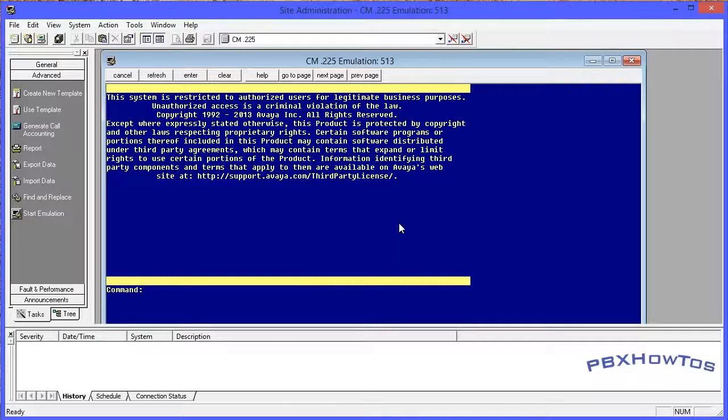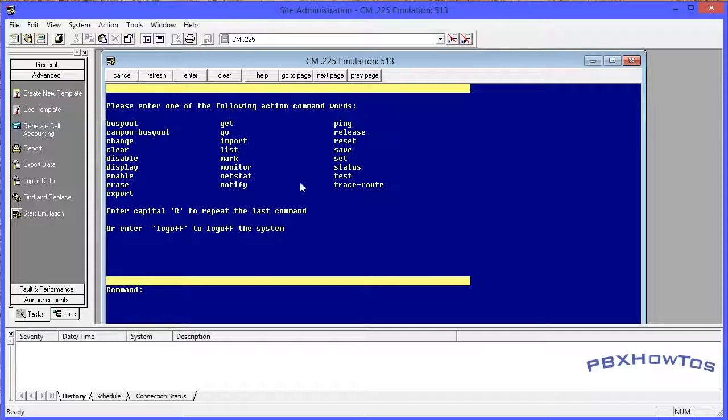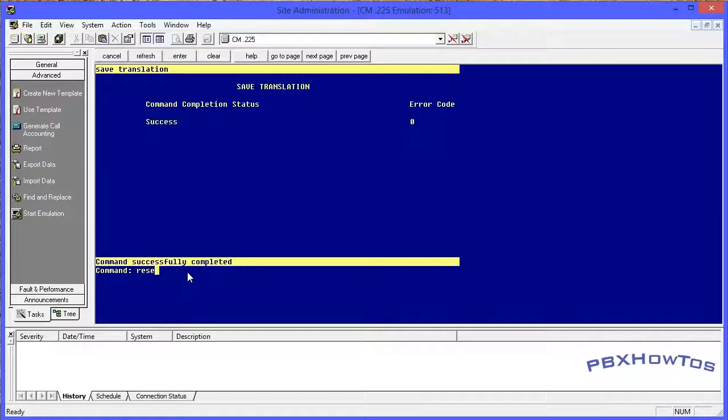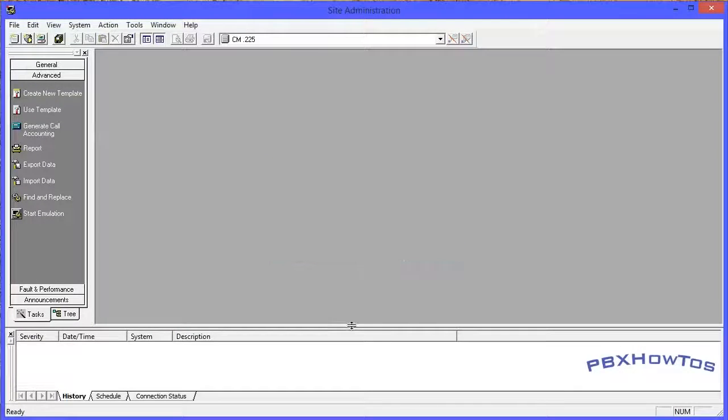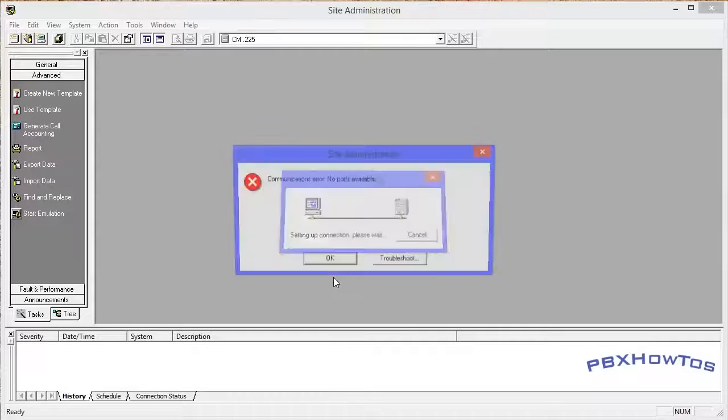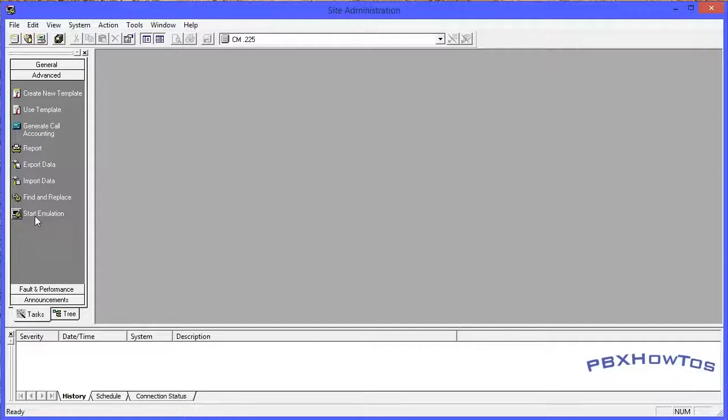You're able to do some things, except you can't add anything. And the reason is it's expecting you to install your licenses through WebLM and get all your licenses installed and all that good stuff. And then once you do that, you need to do a save translations. It's the first thing you need to do. Once it's done doing its save translations, success, you want to do a reset system 4. All right, once it does that, it automatically disconnects you, and then it takes a second. All the processes start back up, and it takes about 10, 15 seconds-ish, 20 seconds-ish,